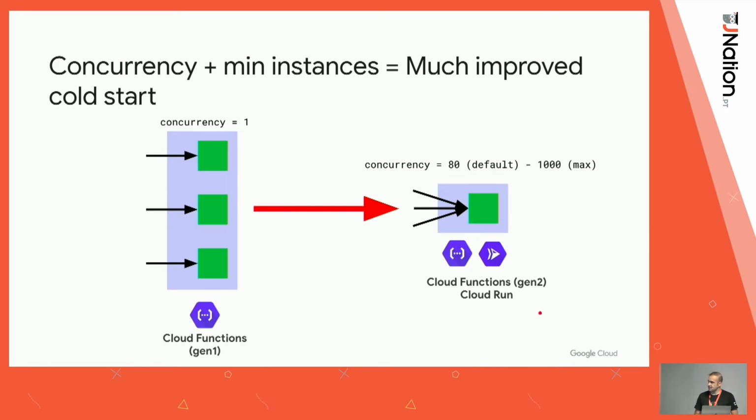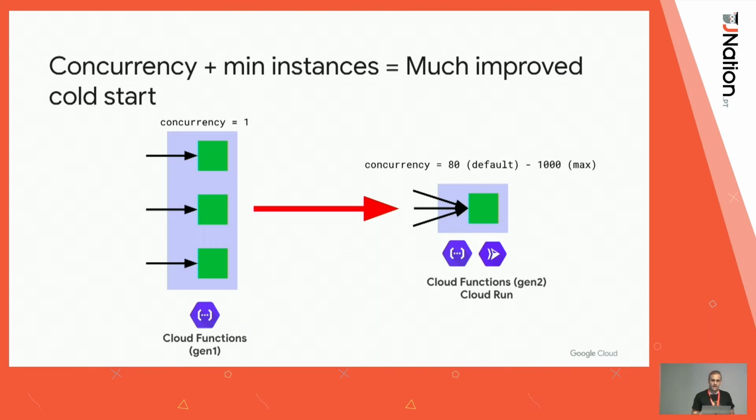And when you look at concurrency, remember in generation 1 of Cloud Functions, it was 1-to-1, and we had cold start issues. But in generation 2, and also in Cloud Run, you have concurrency 80, meaning you can handle 80 requests at the same time in a single container. So what this means is that this cold start problem is much improved. It's not gone away, because for the first request, you still need to create the container, so it's still there. But the fact that a single container can handle multiple requests makes this cold start problem less likely, okay?